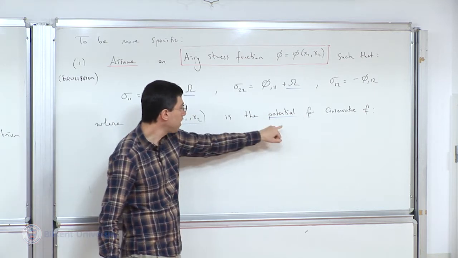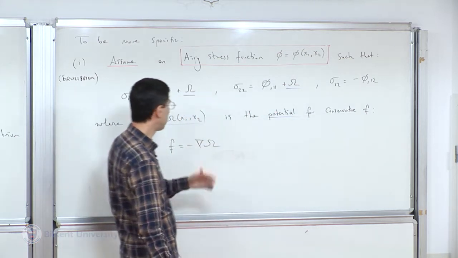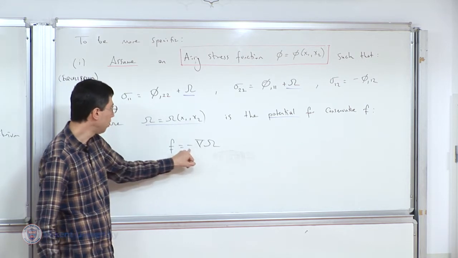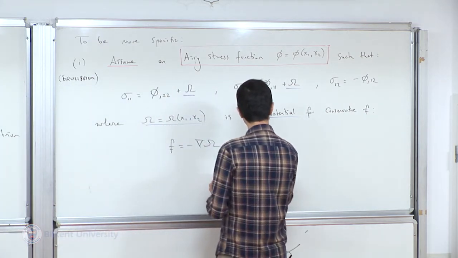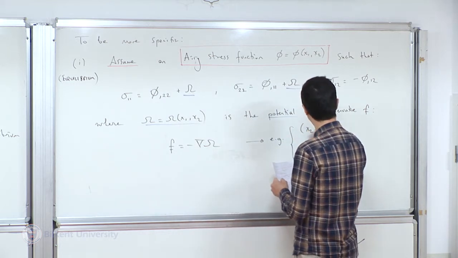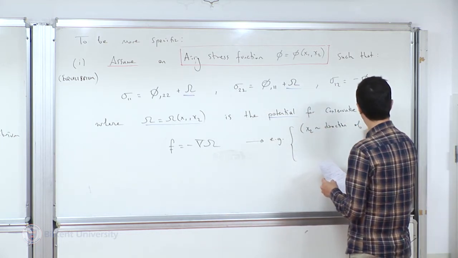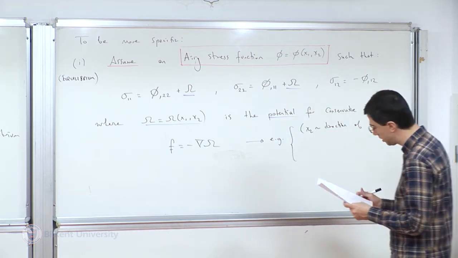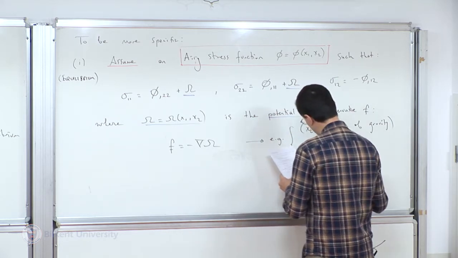So that's the definition of conservative, remember from physics: if you have a force or a vector field that is conservative, it comes from the gradient of some scalar potential. In this case, for convenience, we put also a minus sign out of convention. Okay, so one very simple example would be, for instance, suppose that the x2 direction is the direction of gravity. Suppose x2 direction is actually the vertical direction. Then if we write omega equals rho g x2, then